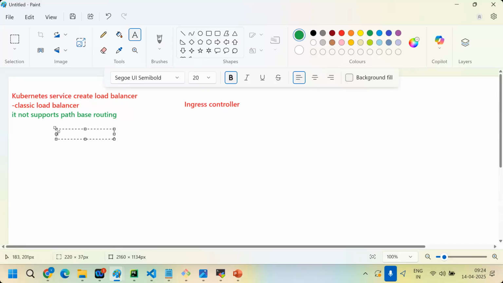For example, in my application, different paths are there. For example, TV, clothing, and mobiles.